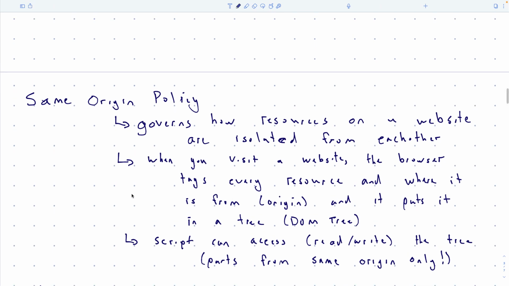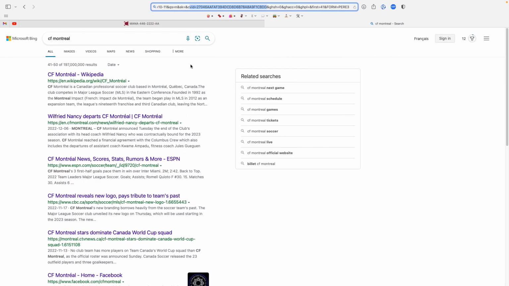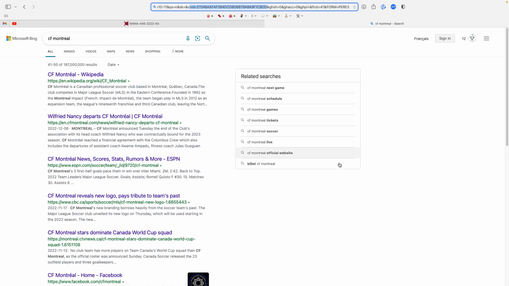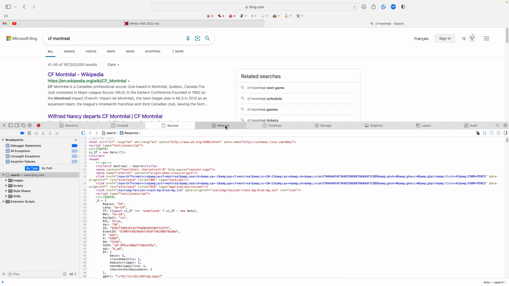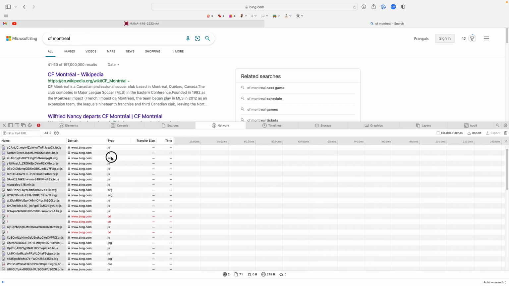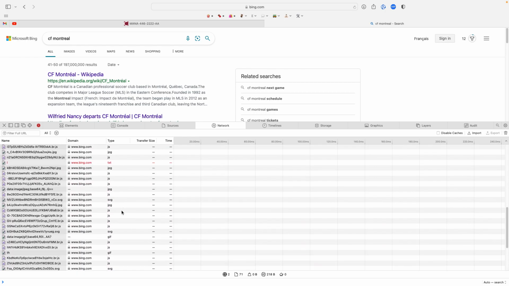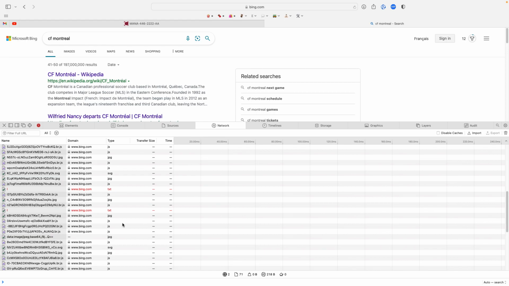And the way it works is when you go to a website, like, just look. So I go to a website like this, and you can see all the stuff that comes down. There's an HTML page, there's JavaScript, there's SVG, a type of image, there's some text that comes down. So all of these things are resources that are on this website at this particular time.